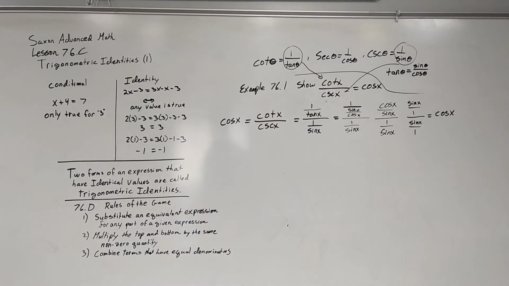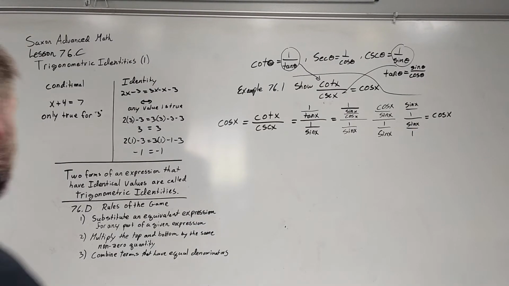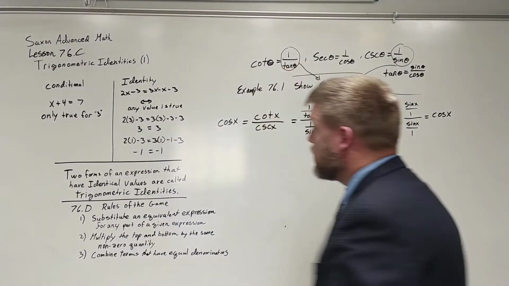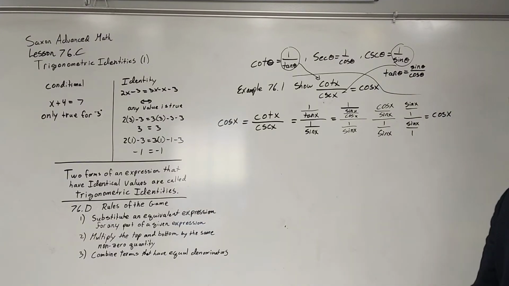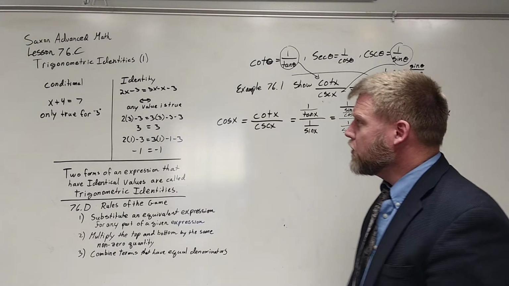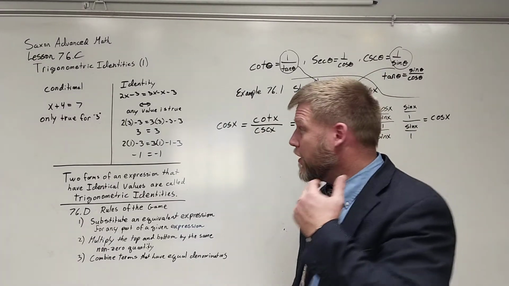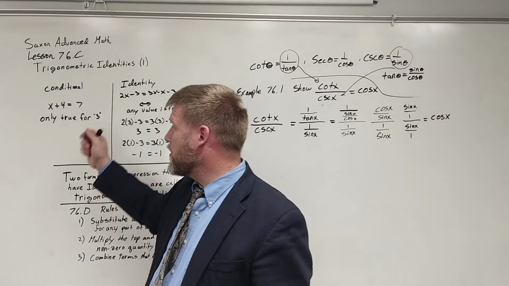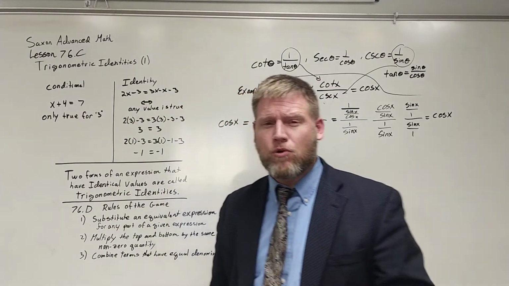This is Saxon, Advanced Math, Lesson 76.c, and we're going to be working with Trigonometric Identities. It also has 76.d, which is Rules of the Game, and we're going to start out first with what an identity is. In algebra, if we had a conditional statement like this, x plus 4 equals 7,